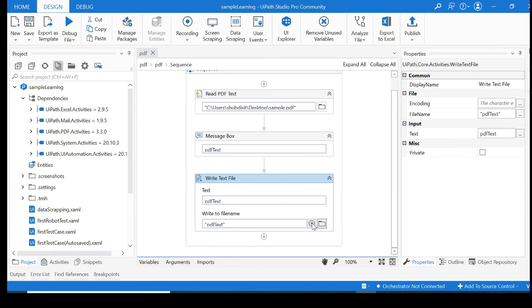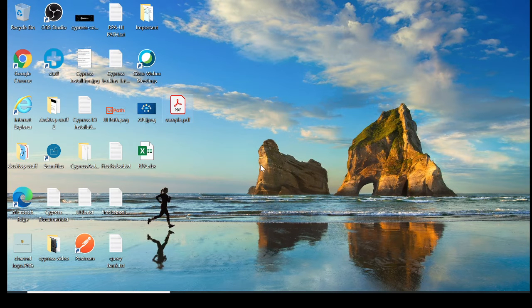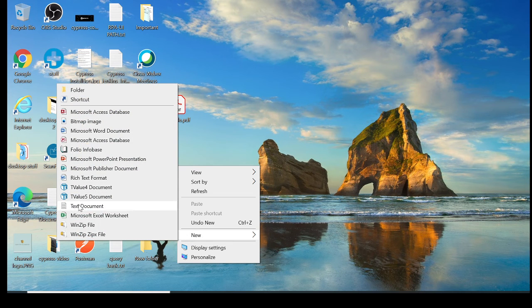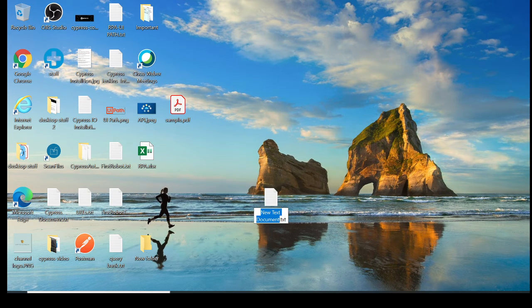Open in advanced editor. It has not generated. Let's create a file over here, a notepad text document, and we'll name it PDF text.